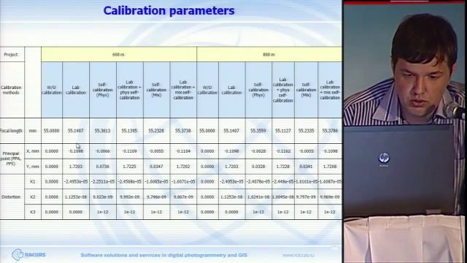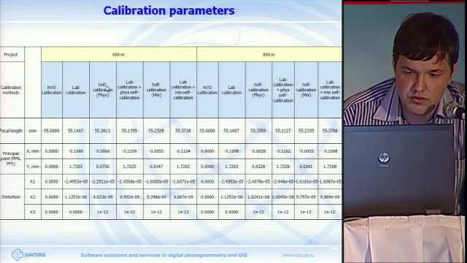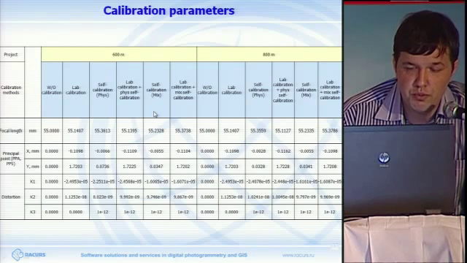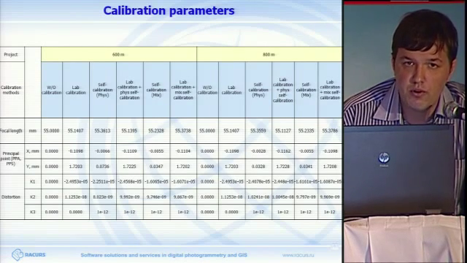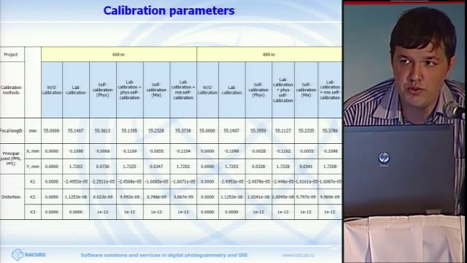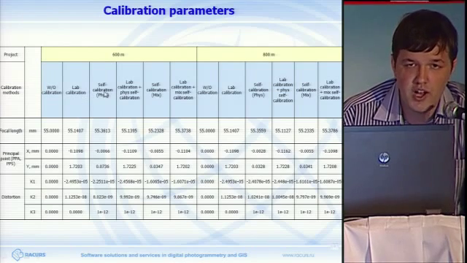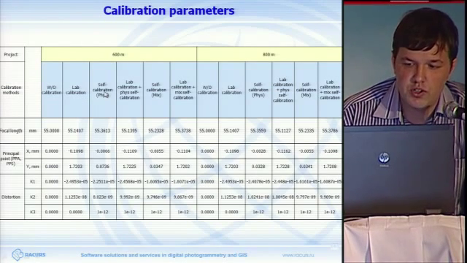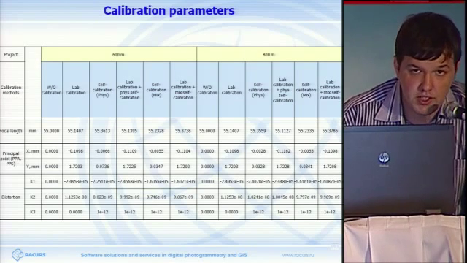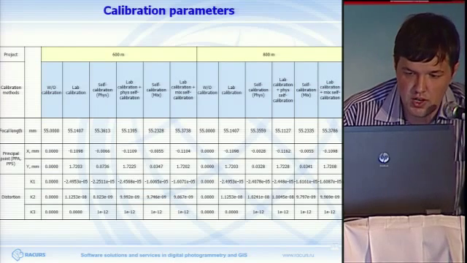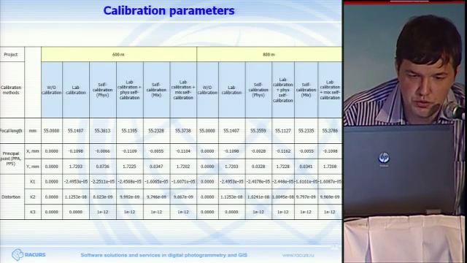Next, you can see the results of laboratory calibration and all sorts of self-calibrations. There are two types of self-calibrations, which can be done from scratch, when we mount the camera without calibration and do some calibration in the software. And there are also options when we could use laboratory calibration as the first pre-calibration, to see whether the parameters would be more accurate when using self-calibration with laboratory calibration as an initial pre-calibration.